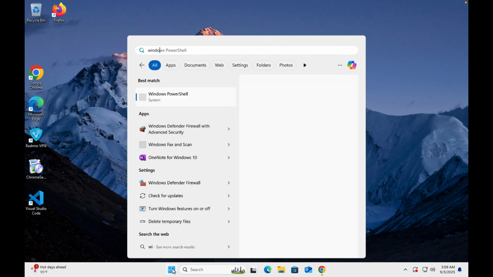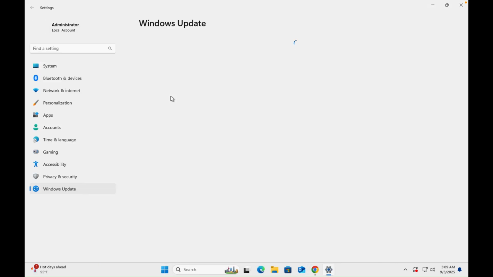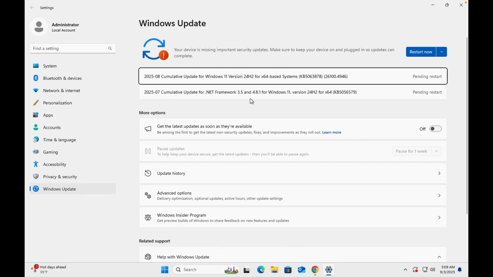So, Windows Update. You can see that this Windows is not updated and needs a restart, and the packages have already been installed and you need to restart it. If your installation or your download is pending, you have to download and install the updates first. This is the first step of the removal of vulnerability. If you want to remove the vulnerability, you have to go for the updates. So I'm going to restart this PC